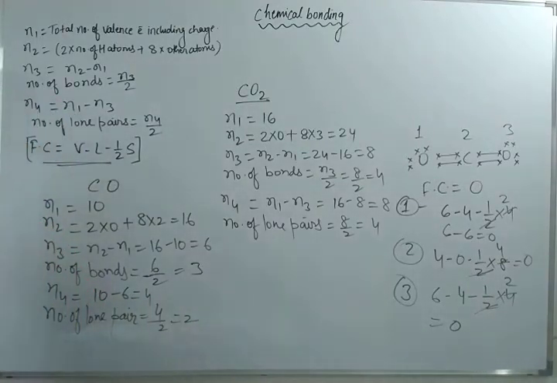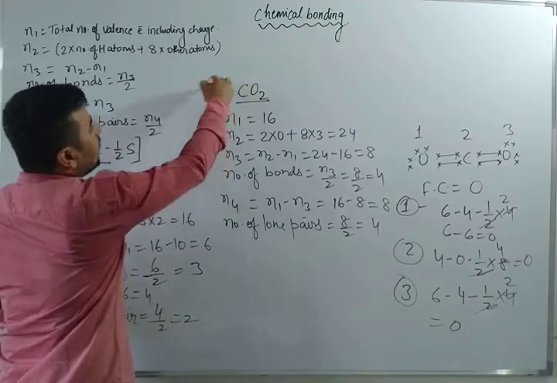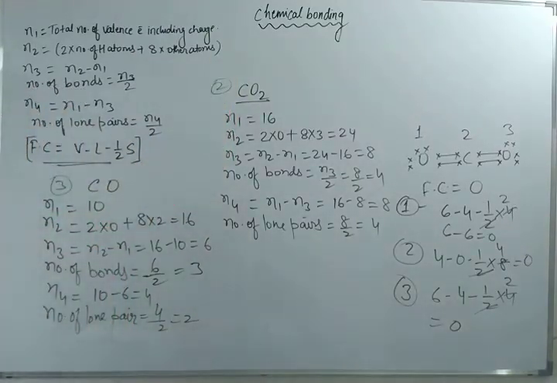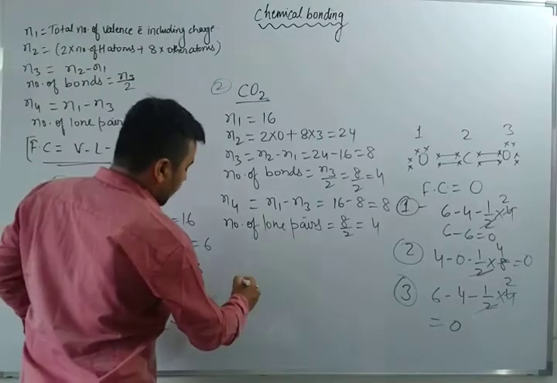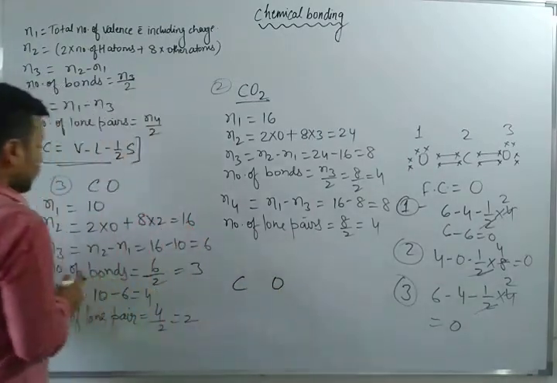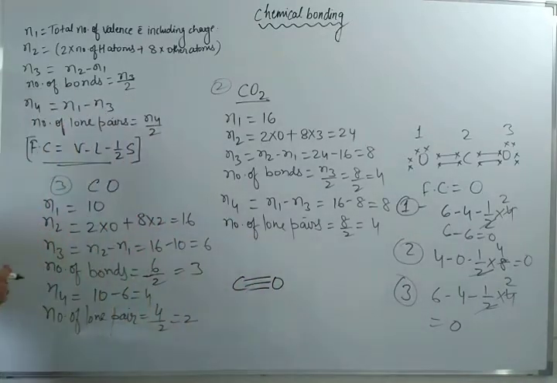Now how will you draw the diagram of this carbon monoxide? You can just suppose this is your third question, this is your second question, and the earlier one was the first question. Can you draw the diagram? Carbon here, oxygen here. Total number of bonds they are saying 3. 1, 2, 3. Right? Now the question is how the octet will complete.